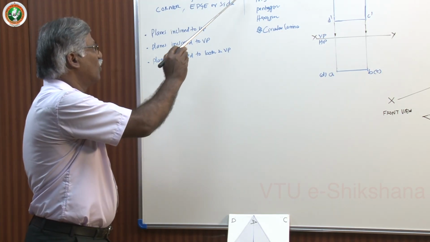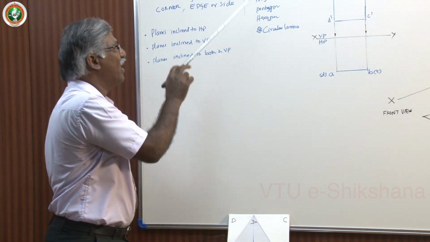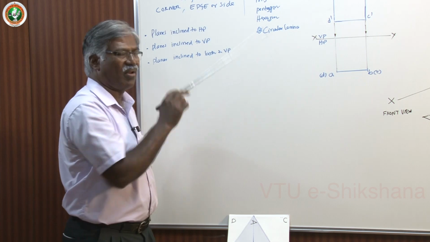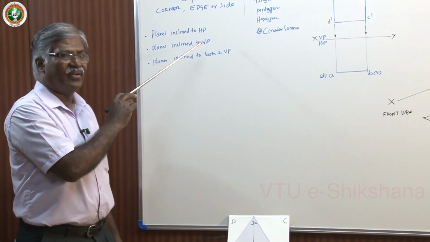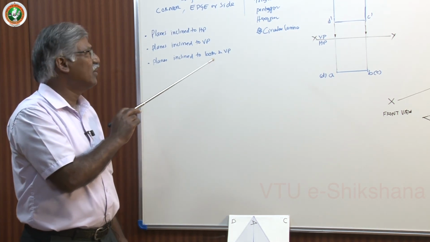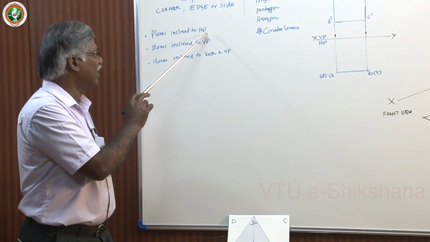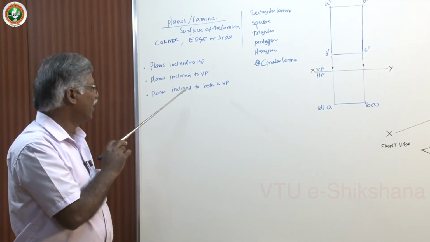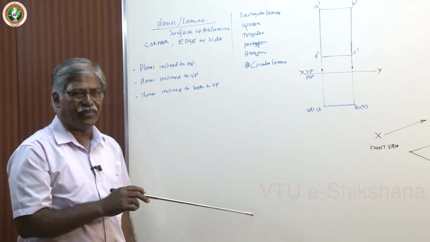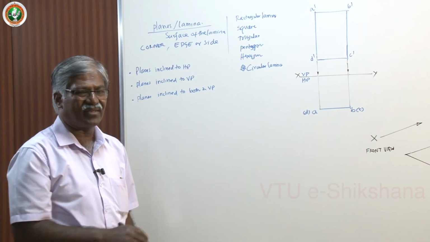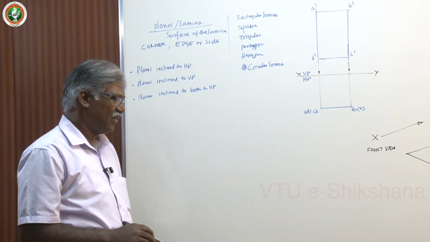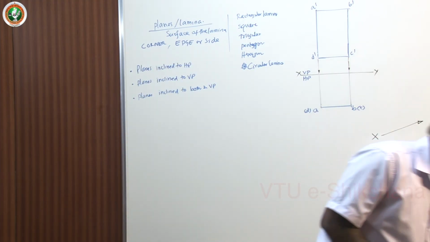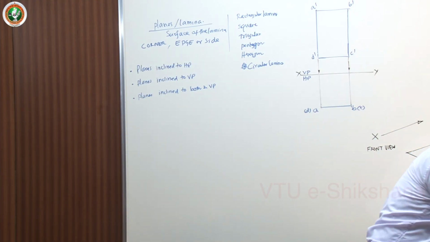So this is about the surface of the lamina, corner or side. Now, as I told you earlier, we are going to deal with rectangular lamina, square lamina, triangle, pentagon and hexagon and also circular lamina. Here are the different problems you get: simple problems on planes inclined only to HP, planes inclined only to VP, planes inclined to both HP and VP. Normally you get this last type of problem for your discussions. Now, let me take a simple model and discuss various aspects of